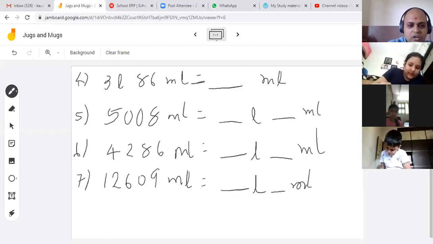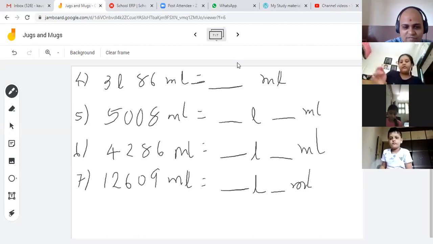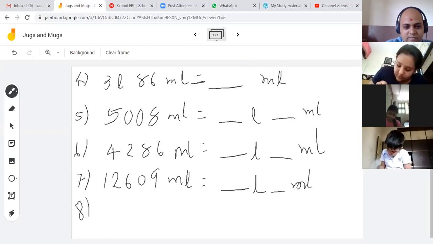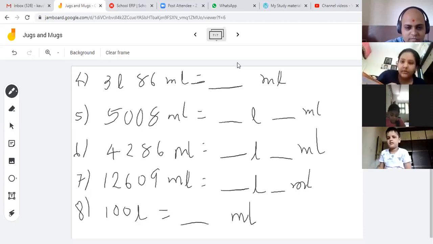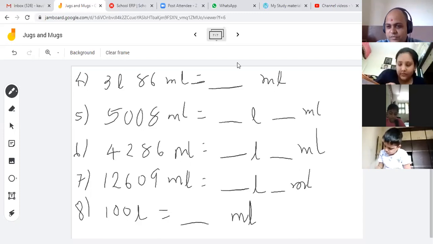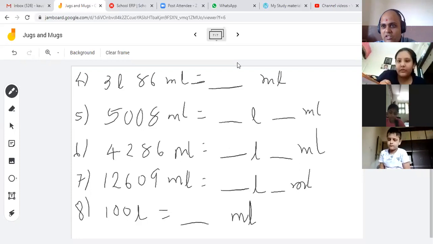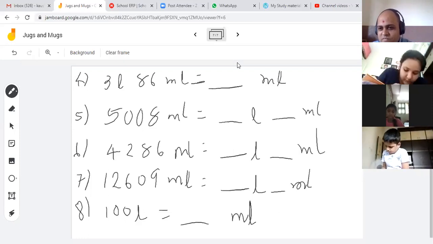This is all your homework. Finish it up. Come on, homework. Note it down. Then we will go to the next topic, addition and subtraction. And then tomorrow we will take story sums. Come on. Work faster, write faster.